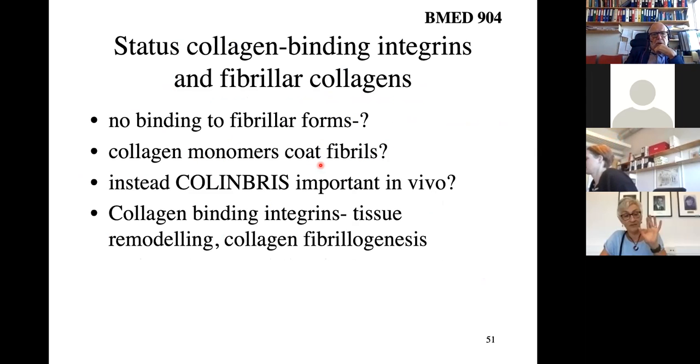So this is not completely understood, but it's thought that in mature tissues, there is limited availability of integrins to collagens, and it's more in situations where collagen is newly produced, you have a high turnover, like in fibrosis, that we will talk much more about in this course, or in tumor stroma, which is another situation where you have